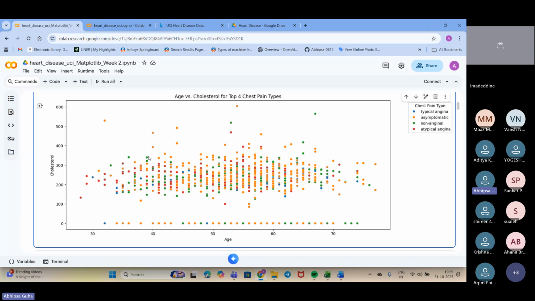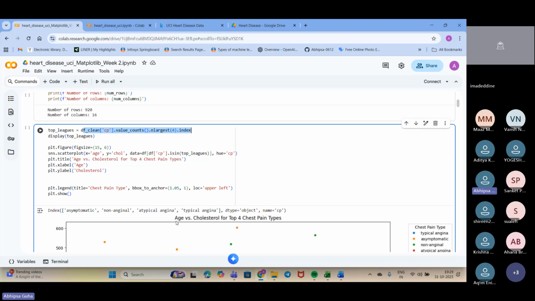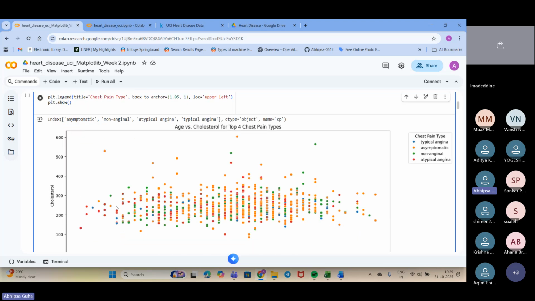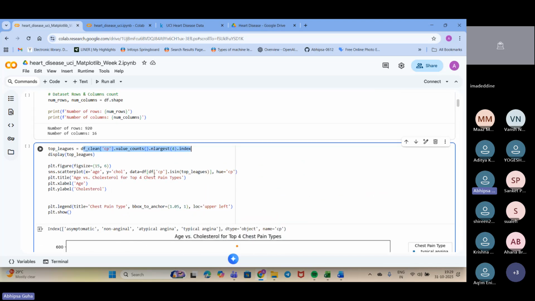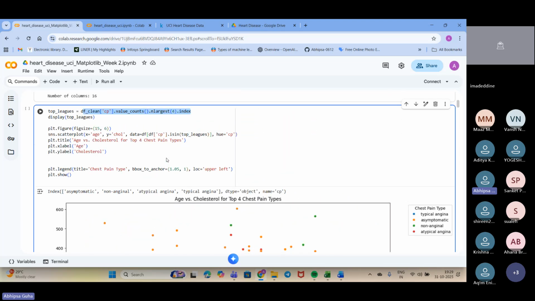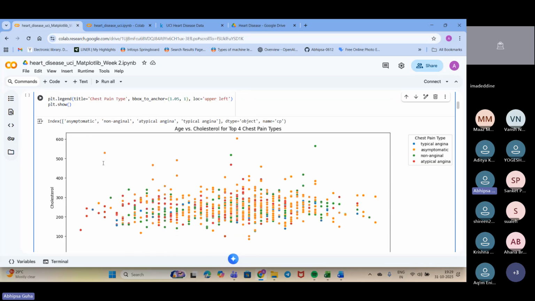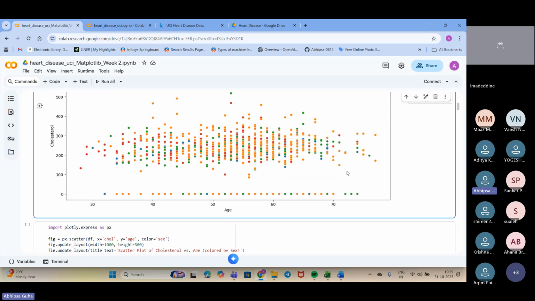This is the display part of it, and I have done some of the modeling. I have added a plot title, and I have set the figure size to 15x6. I could make it smaller based on my data, but because the data is huge I need a longer canvas. That's why I have given 15x6. I have given an X label and a Y label for better understanding. Then you plot it with plt and show it. So this is how my data set has been shown.